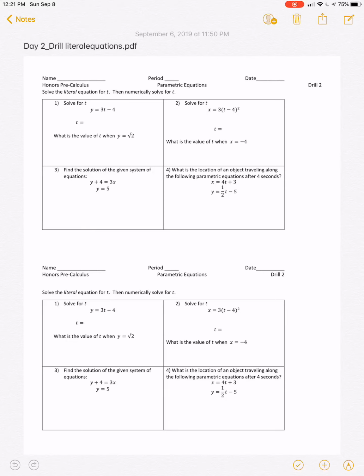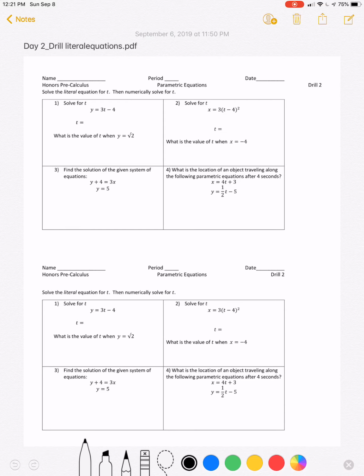Hey guys, sorry I couldn't be here with you today, but I wanted to go over the drill with you. You've probably already noticed, if you did number one, that there was a slight typo. I think I fixed it on mine here, so you can see that it clearly says